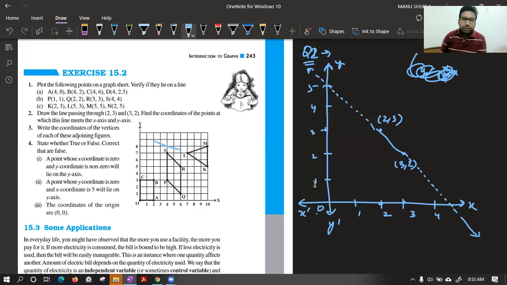It will be done on graph paper. You will get the answer easily. The point it is cutting, some point here. This point you have to find. This will be your first. This will be your second. Okay. Ananya is saying 5.5. Okay. Let me check again. It is cutting at 5, 0.